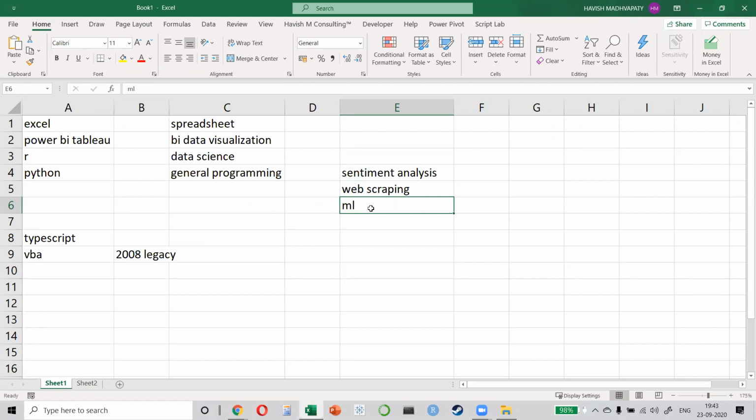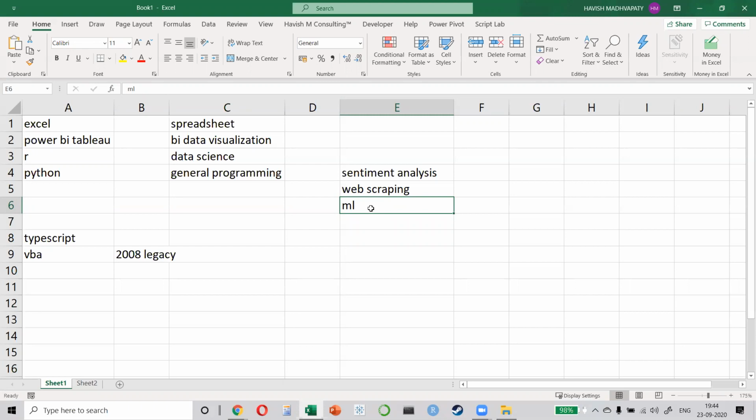But I feel VBA is a simple language to begin with because VBA works on Excel, and we all know Excel, even a little bit, if not a lot. That's why I recommend learning VBA, because you can connect it to what you're doing on Excel. And then you can go in any direction you want. You want to work on R, you work on R. You want to work on Python, you work on Python. You can pick up any area that you wish to.